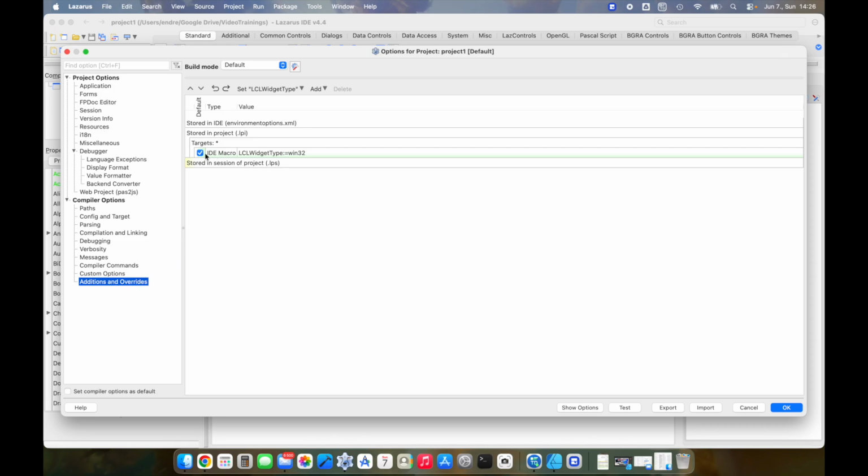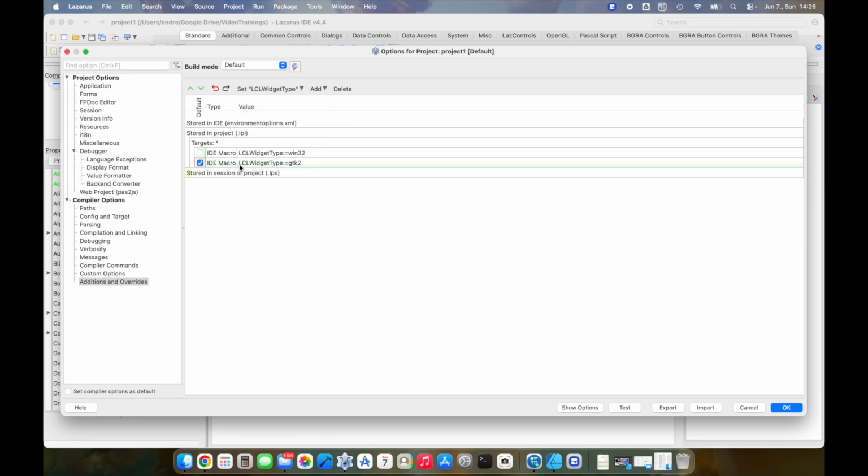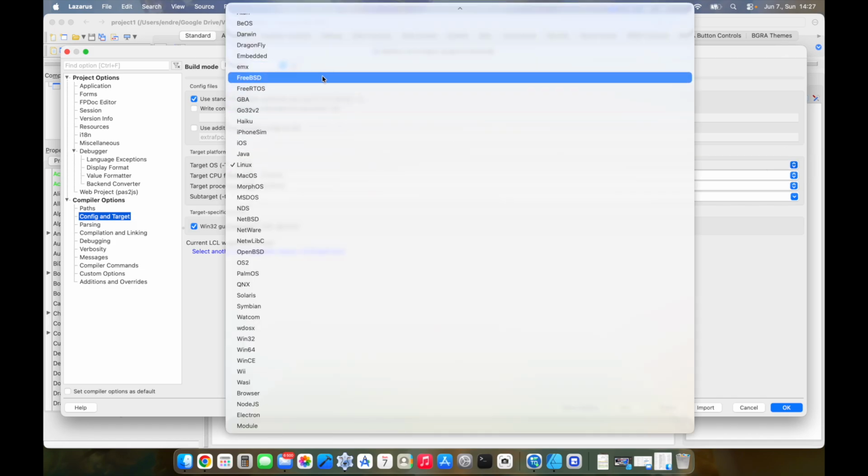And as you can see, I have here the LCL widget types for Windows, but I would be able to select the GTK 2 widget set, which is for Linux, and this would work for a Linux compilation. But I would also be able to add the Cocoa type widget set, which is needed for the macOS applications. So if I'm now going back to config and target, and I'm going back to default,